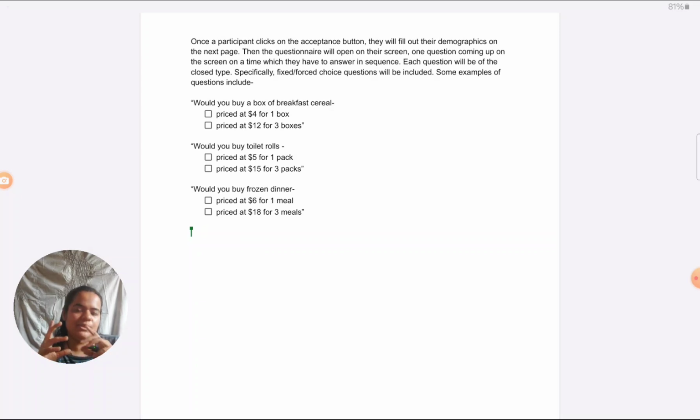As for the 2 features of Vansing's studies which I have to implement, I've implemented both in these questions, as you can see. Firstly, I have designed the alternatives so that one covers SUP and the other covers MUP. So the manipulation which they have done, I've implemented in my alternatives. Secondly, the nature of the items that I have included, breakfast cereal, toilet rolls, frozen dinner, were the ones which they had included in their study as well. Everyday items most frequently purchased in supermarkets. So I have also taken up that feature. You can see I've covered 2 features and I'm going to have no problem in answering parts B1 and B2.